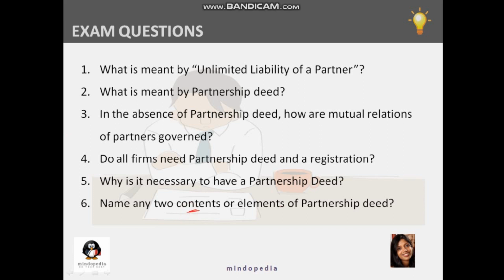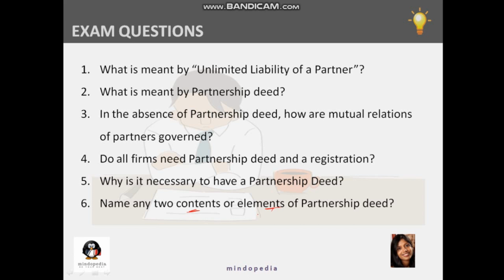Question number 6 क्या कह रहा है? Question number 6 कि name any 2 contents or elements of a partnership deed. 2 content और elements क्या है? वही the different clauses which we have studied, उसमें से any 2 you can write since it carries only 1